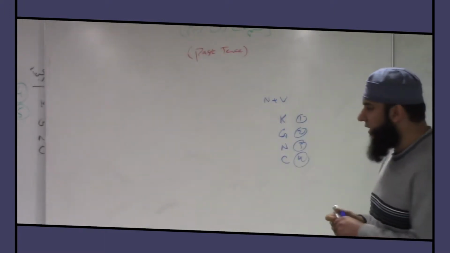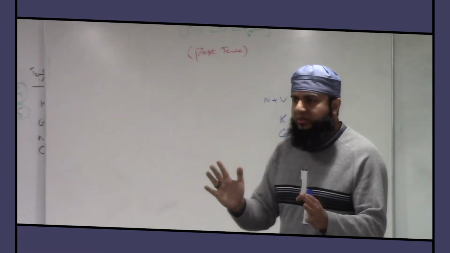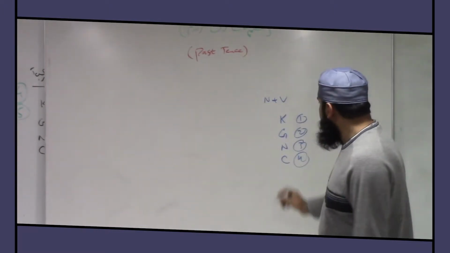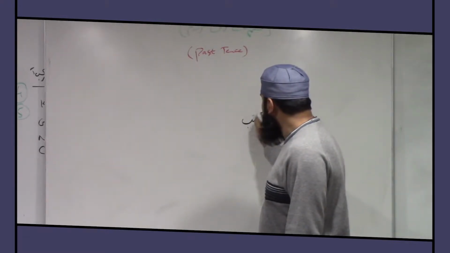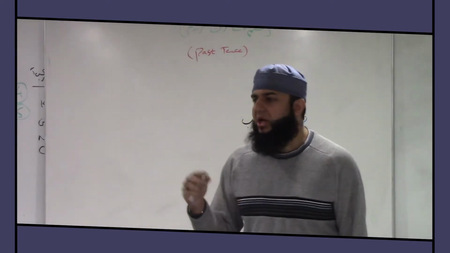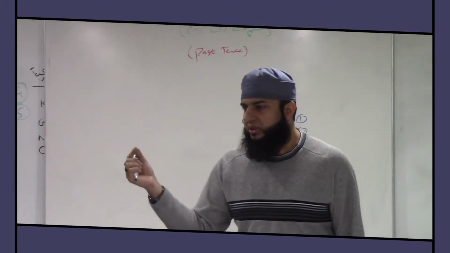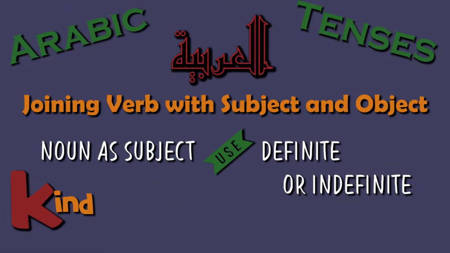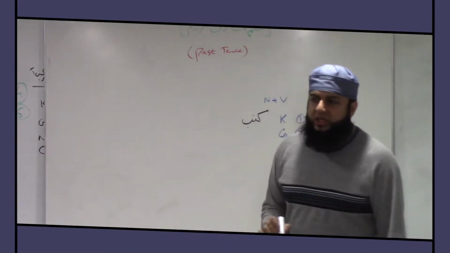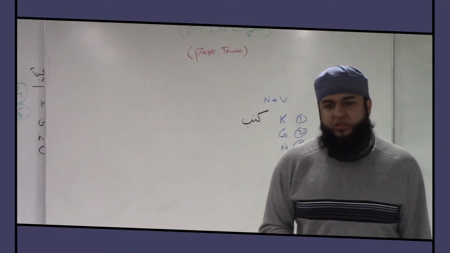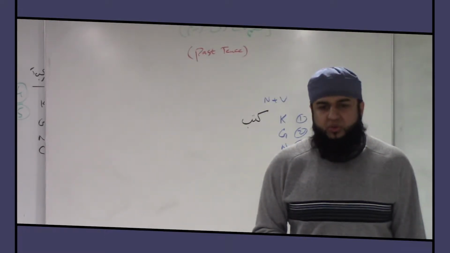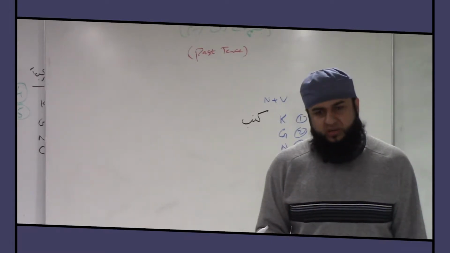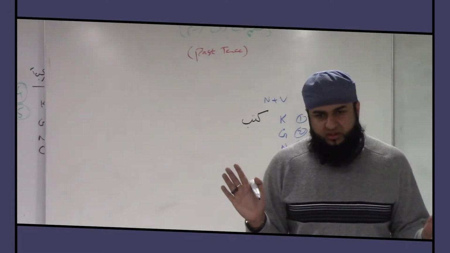So let's see according to this, because you have a kind of foundation for this. That's how you're going to pick it up very early. So what about the kind? Like you have the verb kataba, right? I'm going to take this kataba. You're going to join a noun with it as a subject. In kind, in order to join any noun with it, it doesn't matter. You don't have to care about the kind of the noun. It could be definite, or it could be indefinite. It doesn't matter.